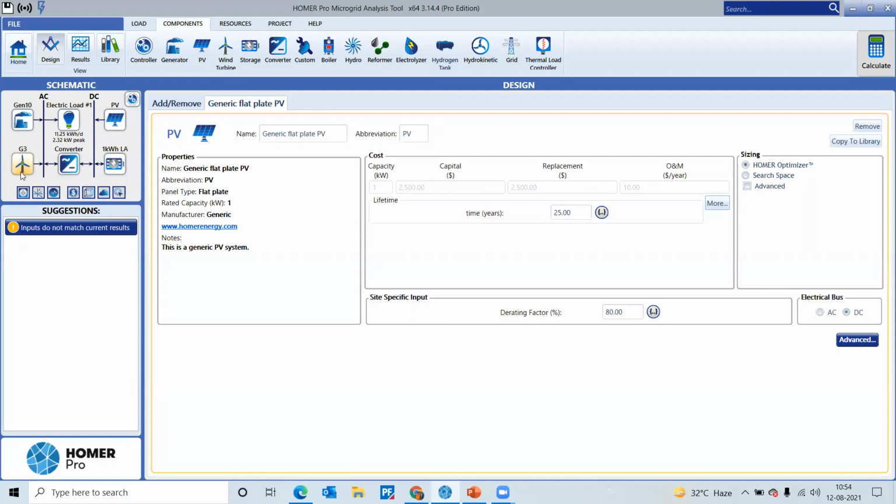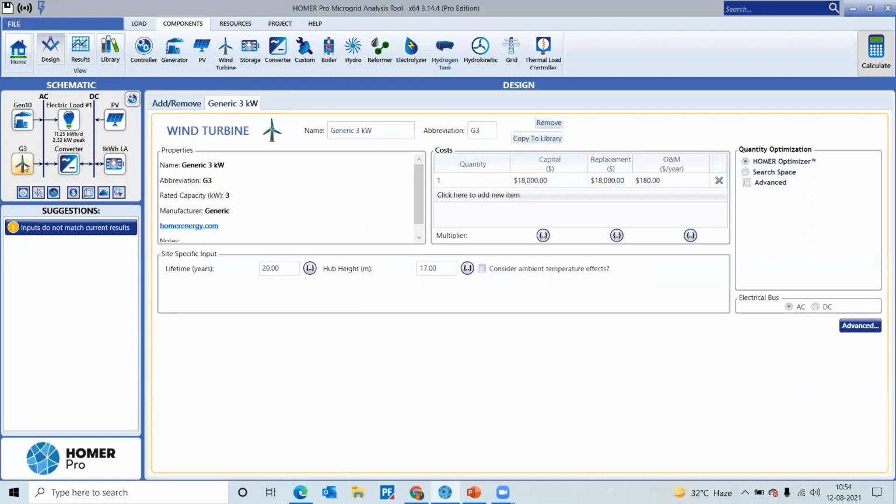Similarly, when you click onto the wind turbine, you can see the wind turbine details on your screen, the properties of the components, name, and other details. Similarly, if you want to add another detail for this wind turbine, simply click here to add